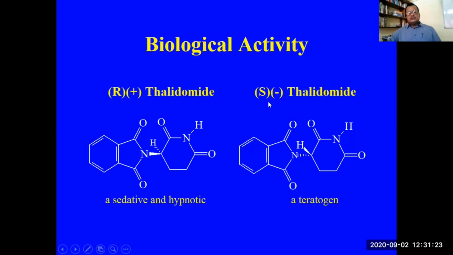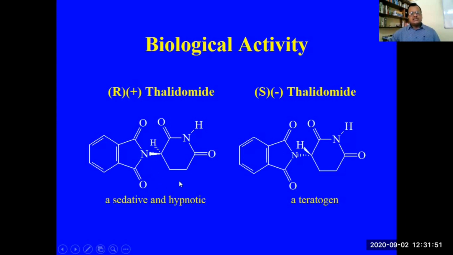So enantiomers have different configuration. They have different ability to rotate plane polarized light. And also they will have different configuration. And the configuration part we can assign theoretically. We have some set of rules, which I will explain to you, by which you can assign configuration. Now here you see this R plus thalidomide: R means configuration, plus means direction of rotation of plane polarized